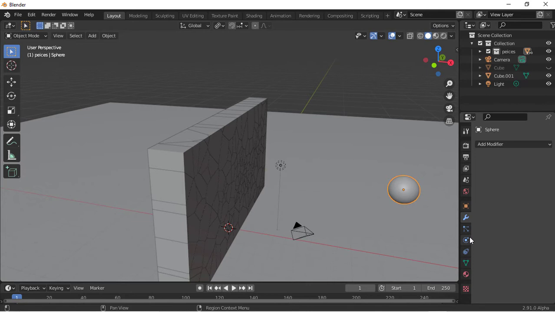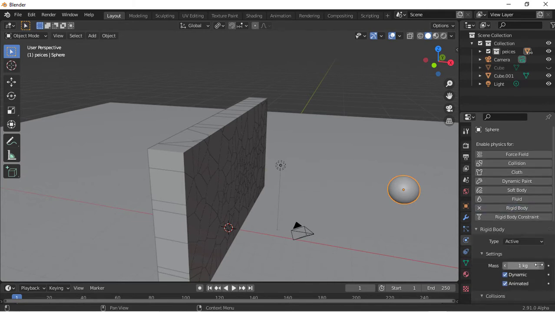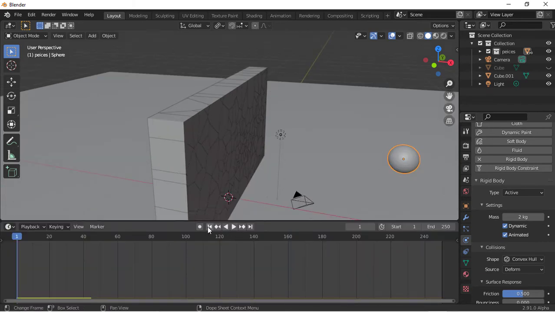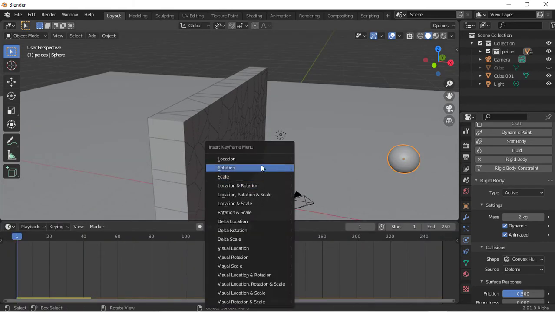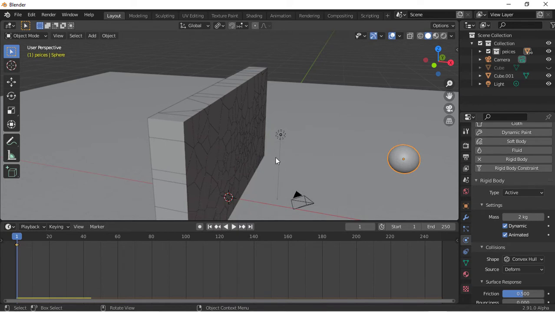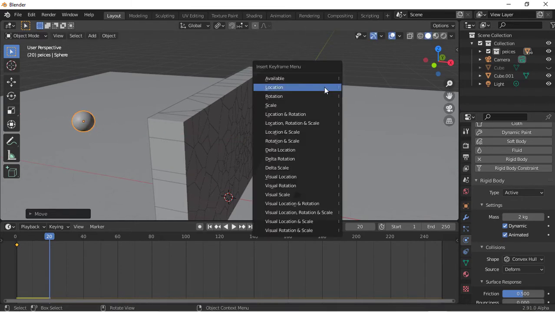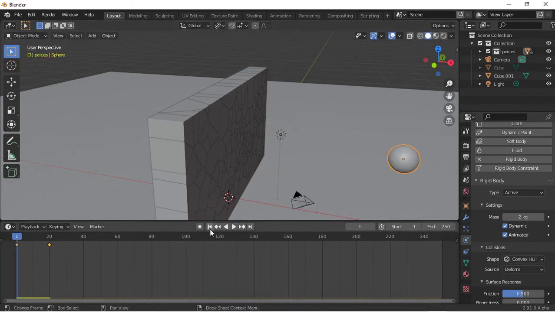Okay, so now we'll go down here and add rigid body, change this to animated, and increase this, I think, to 2. Then let's go ahead and animate it. Jump to the first keyframe, hit I, and on location, move to maybe 20. Then move your object, I, location. Then as we play,